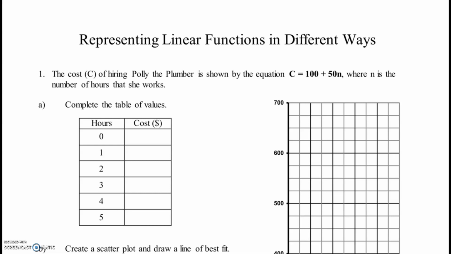This lesson is representing linear functions in different ways. We won't be learning anything new. We're just going to have another day to see how partial variation, direct variation, slope, and initial value all can come together. So the first question says, the cost of hiring Polly the plumber is shown by the equation C equals 100 plus 50n,